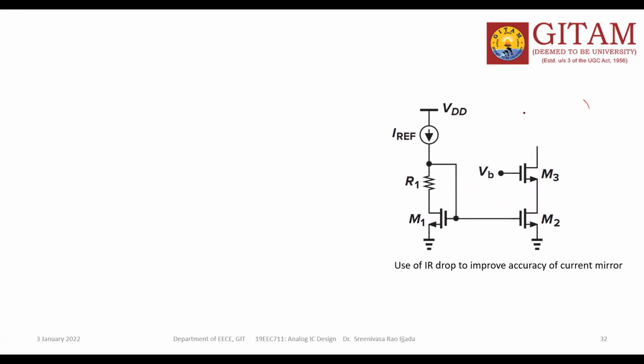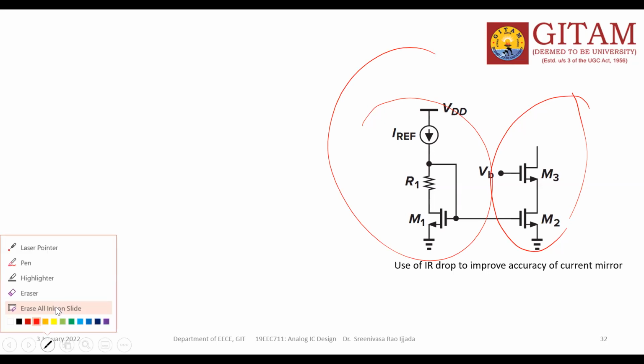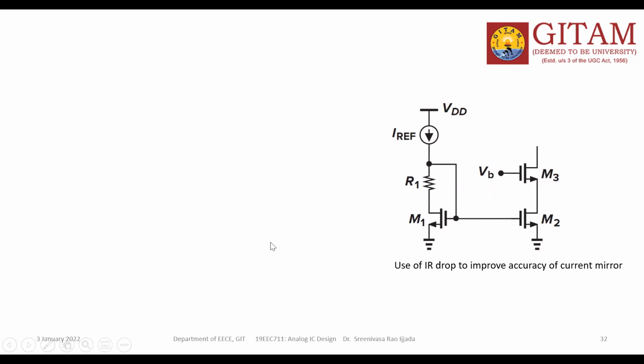Of course, this circuit is as is, leave it. But I want to modify from this side. The problem is with this side because what is the second case? VDS1 should be equal to VDS2. In this case, we are trying to do that. We failed because VDS1 is never less than VDH. So this is the modified one, we are modifying this one. Clear? So use the IR drop. The IR drop is here to improve the accuracy of the current levels.